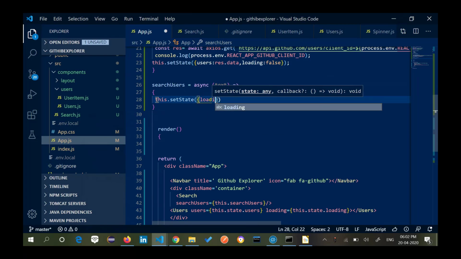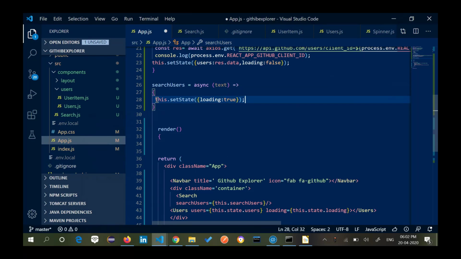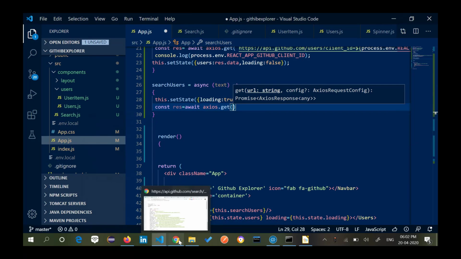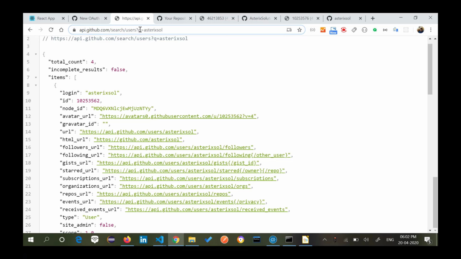I'm going to say loading: true, and now const response is equal to await axios.get. Now I don't think I need to elaborate how I am doing this, right?